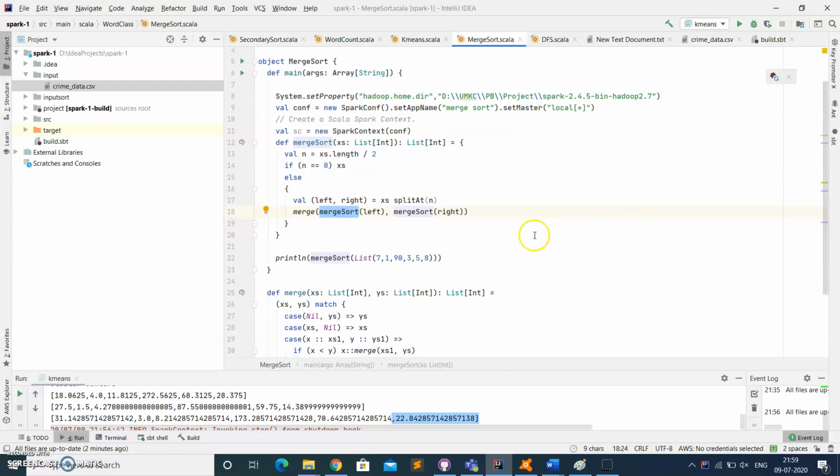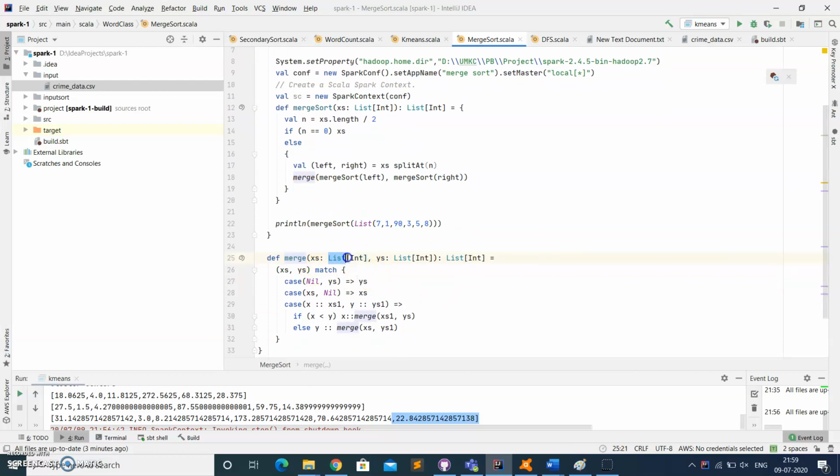After that, we'll finally merge the left list and right list, merging the values here.